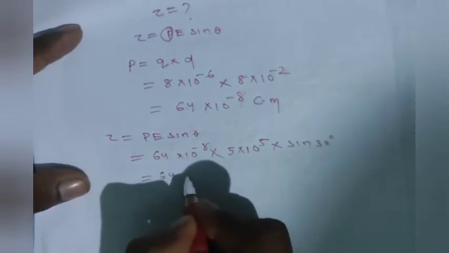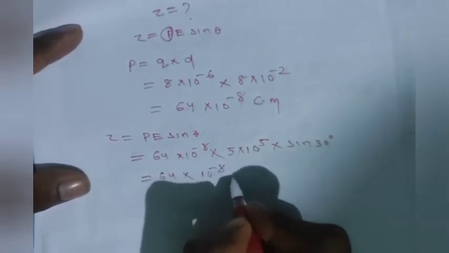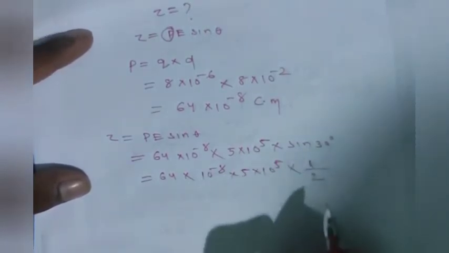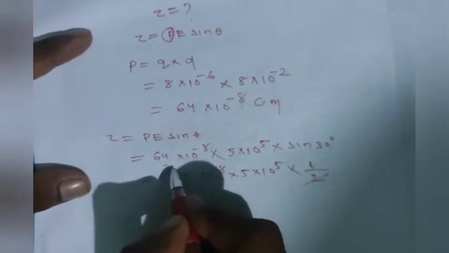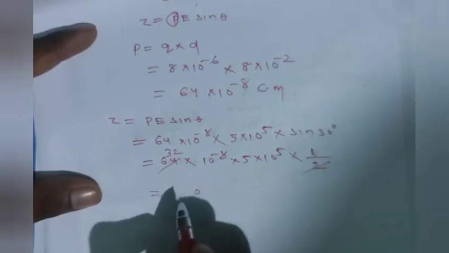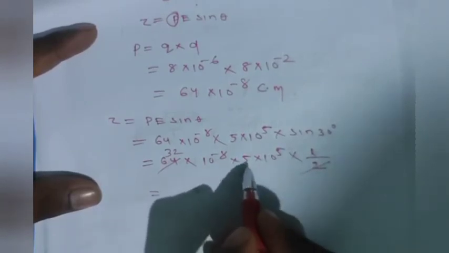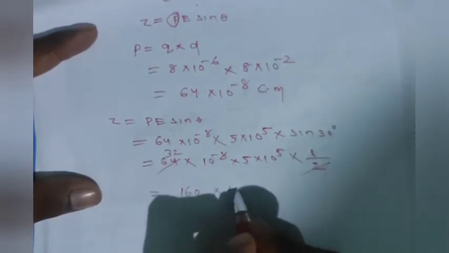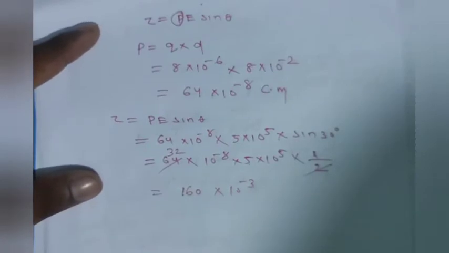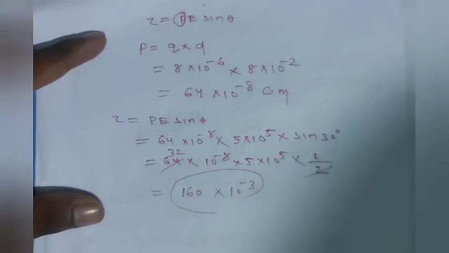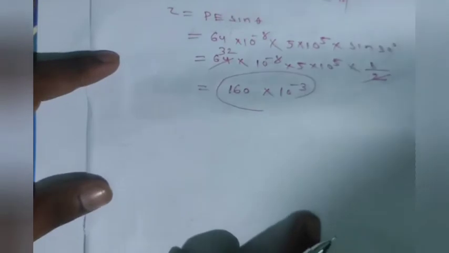So if we calculate this, 10 to the power minus 8, 5 into 10 to the power 5, sin 30 value is 1 by 2. If we calculate this value, it will be 160 into 10 to the power minus 3. So this will be the torque that will act on the dipole. Is it clear? Now we shall go to the next question,